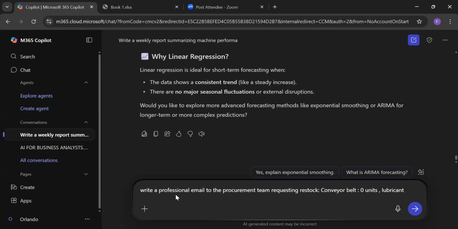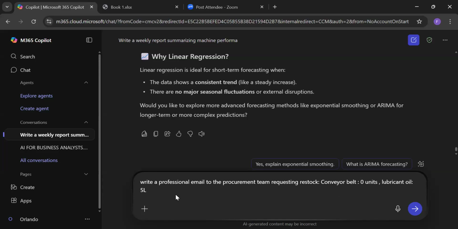Lubricant oil. Have 5 liters. We have bearings. It's about 10 units.